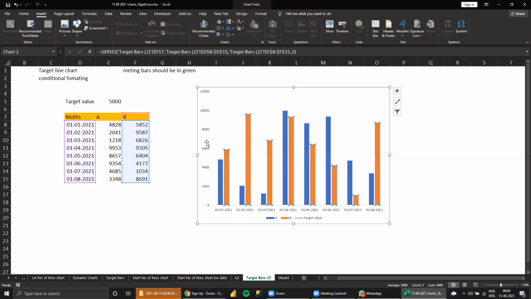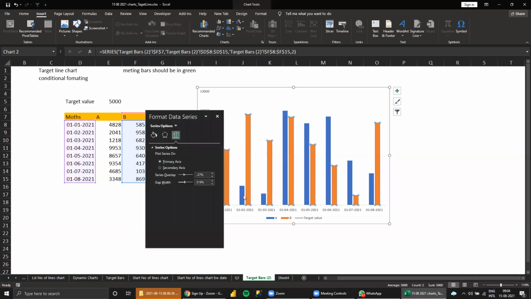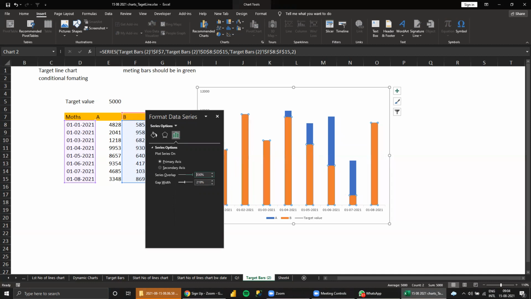We need to see 100% overlapping. See here, in data series we can show the 100%. I did 100% and it is still showing.